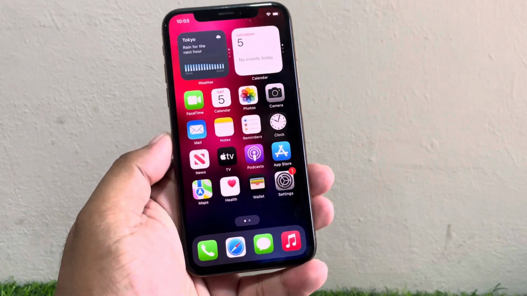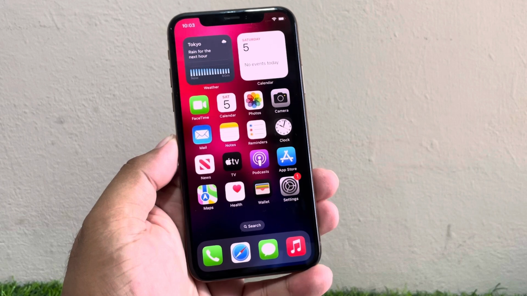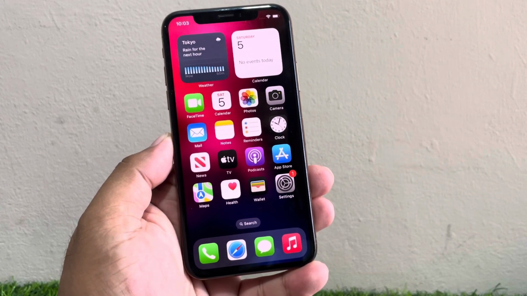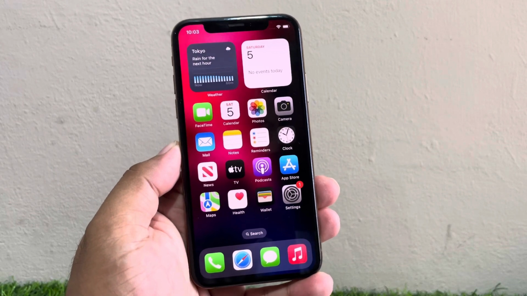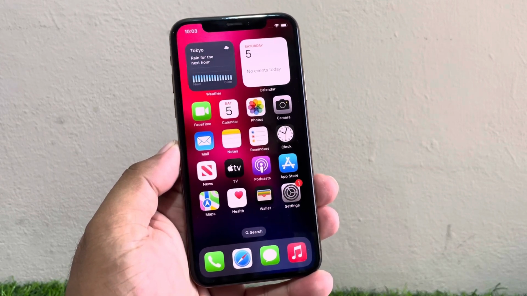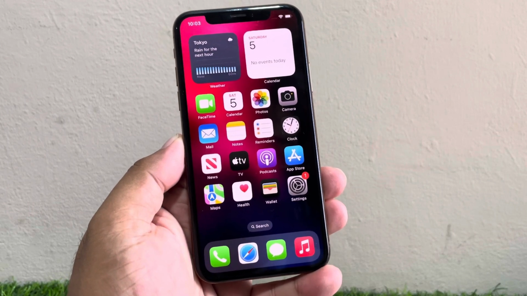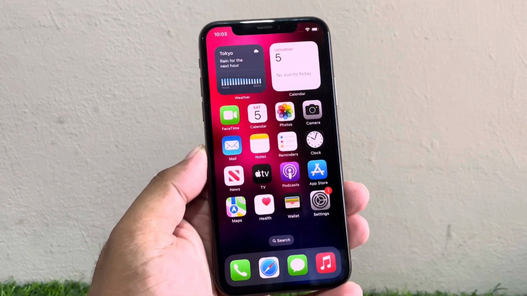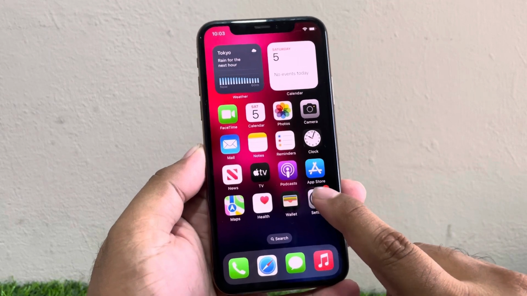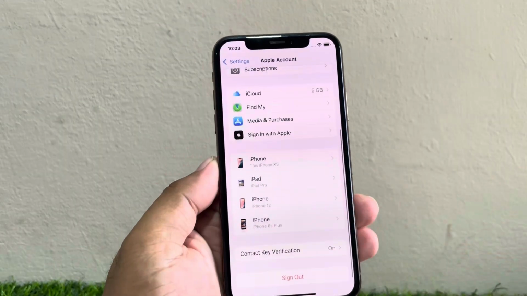In this video, I am going to show you how to reset your Apple ID password if you forgot it, without phone number and without email verification. So guys, if you forgot your Apple ID password, keep watching the video until the end and follow all steps to reset your Apple ID password without password verification. Tap on the Settings app and tap on the Apple ID, and scroll up a little bit to find